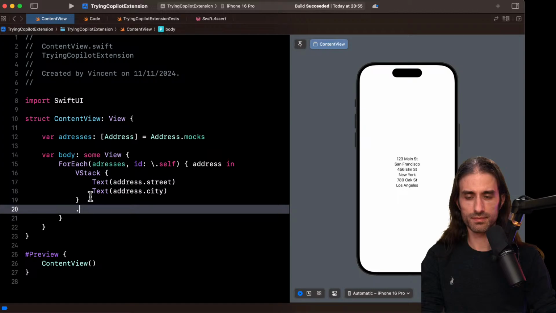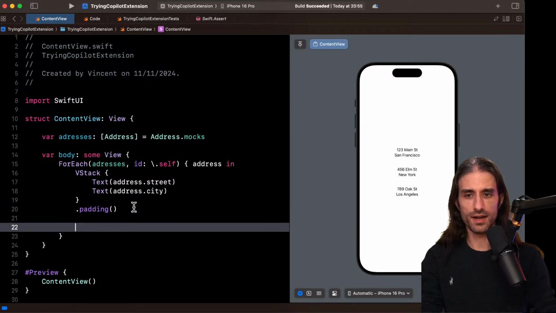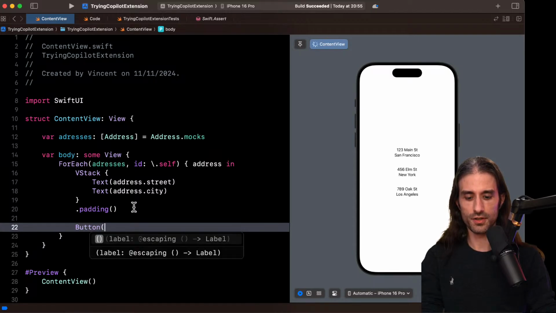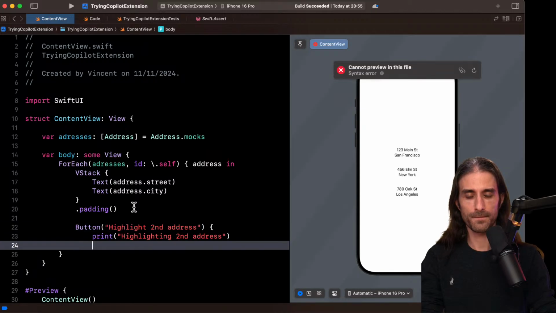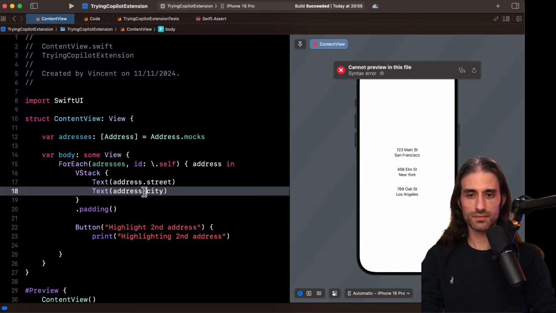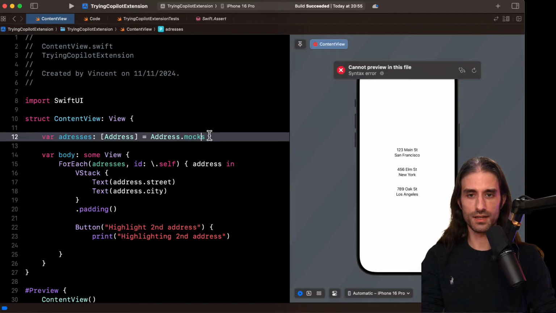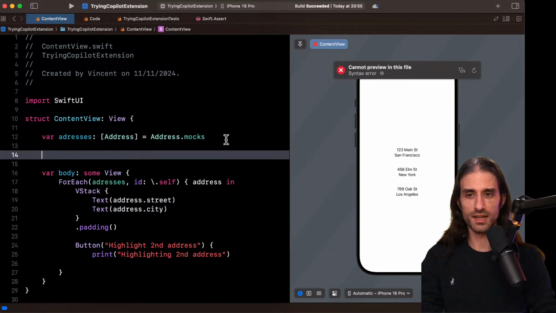Let's put a bit of padding. Perfect. And now I'm gonna add a button. So a button is going to be called highlight second address. Okay, so what I will do is var address, index of address.